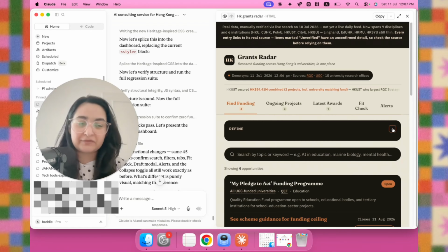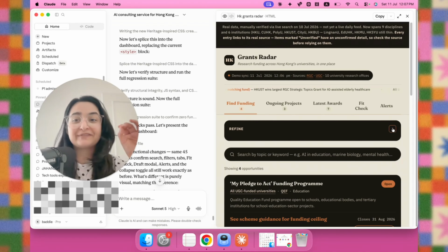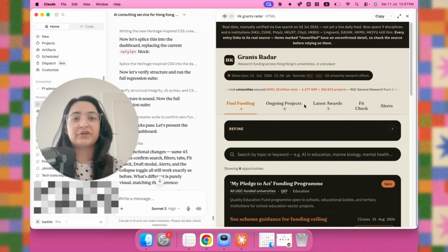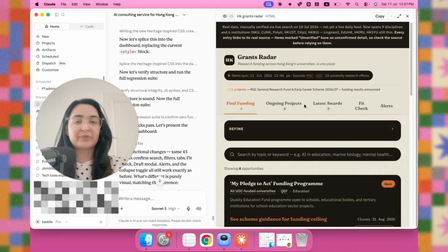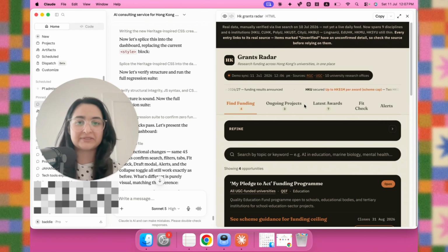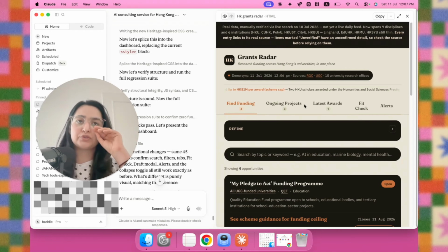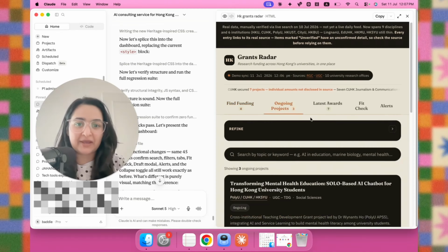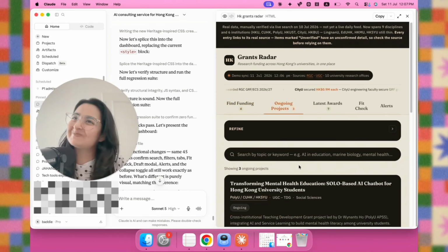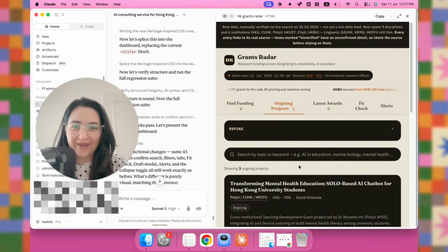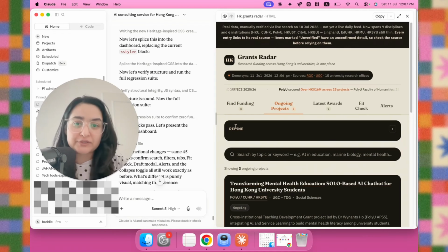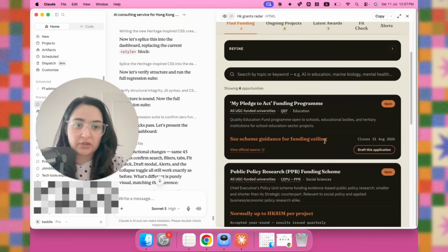If you are a professor based specifically in Hong Kong, you know that all of these universities have their internal fundings, and then there's government funding, and then there are other funding bodies that you can reach out to get money for your project, essentially. And I've worked on multiple of these projects, and they have a very specific way of filtering through your grant proposals. So I thought, why not bring a lot of these